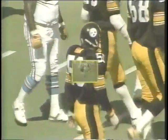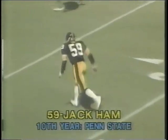The adjustment to a new quarterback is one that involves every member of the team. You've got a different kind of count, a different kind of cadence. In this case, you're going from a right-handed quarterback to a left-handed quarterback. A quarterback, by the way, who throws a softer pass than